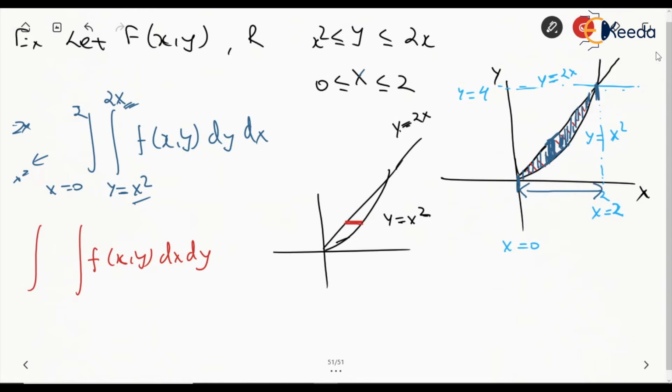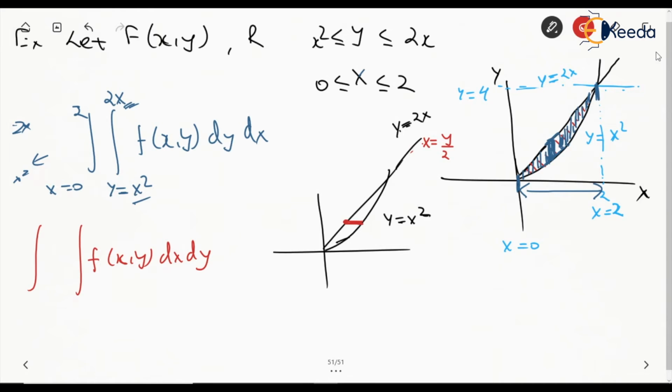You can see this. So this horizontal element has the initial point on this line y is equal to 2x, and instead of y is equal to 2x, can we write x is equal to y by 2? Yes, of course we can write this. We can write this y is equal to 2x as x is equal to y by 2, correct?